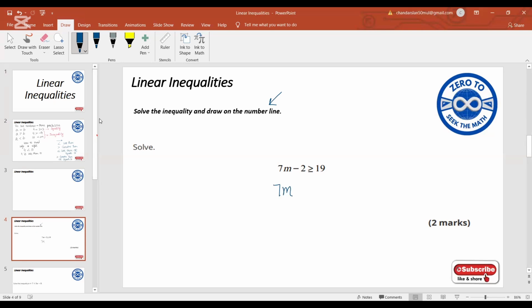कैसे होगा कि 7m इधर रहेगा, greater than or equals to 19, और 2 इस तरफ जब शिफ्ट होगा तो it will become +2. So we can write that 7m is greater than or equals to 21. अब m is greater than or equals to, अब 7 मल्टीप्लाई हो रहा है m के साथ, तो इस तरफ क्या हो जाएगा, it will be divided by 7. So हम लिखेंगे जी m is greater than or equals to 3, because 7 1s are 7, 7 3s are 21. ओके. तो हमारे पास ये शेप बनी कि m is greater than or equals to 3 है।